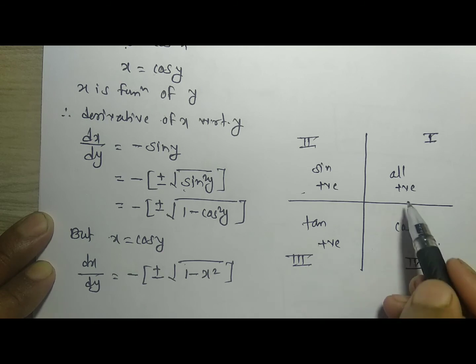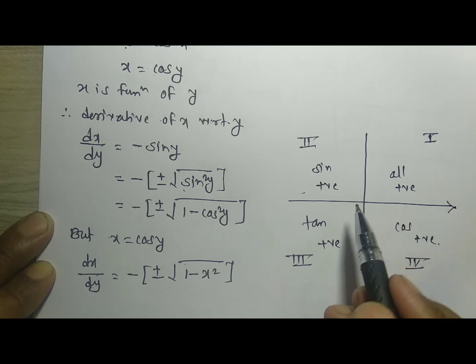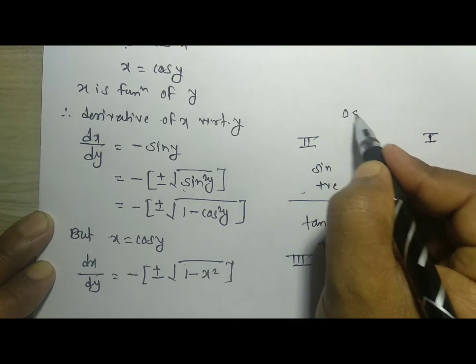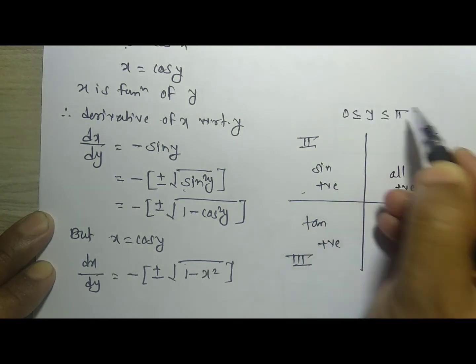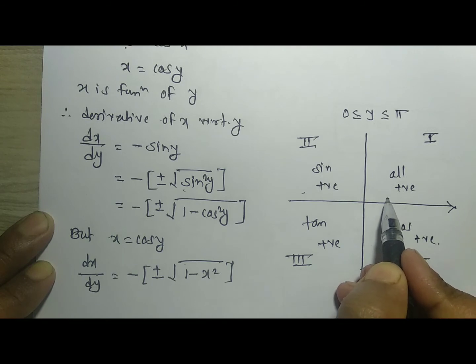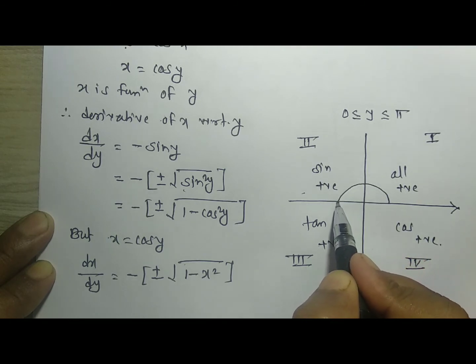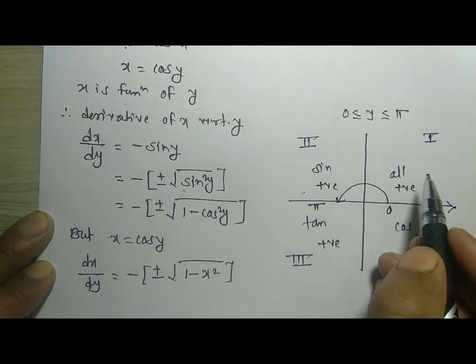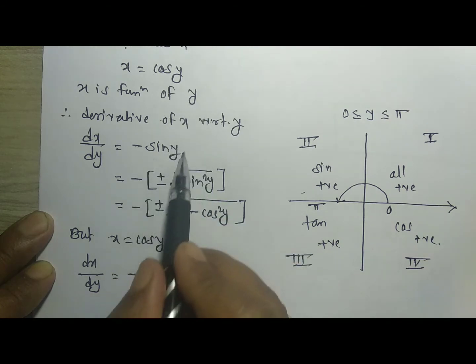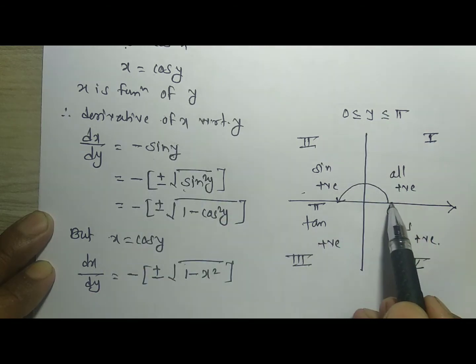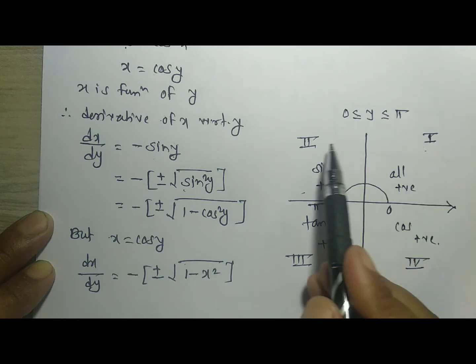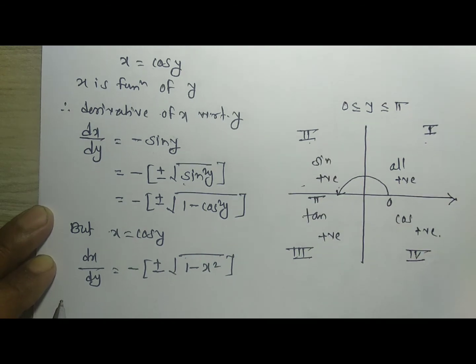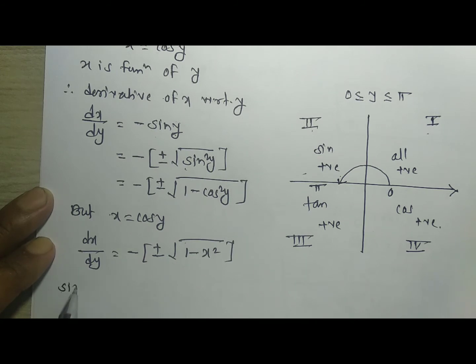Right, now we have to start from the positive x-axis, and we measure the angle for 0 is less than or equal to y is less than or equal to pi. That means you have to move in the anti-clockwise direction. It is taken as positive, and it moves from here to here. That means it is 0 to pi. That means our ratio is the sine ratio, and y lies in between these two quadrants, that means the first quadrant and second quadrant. Therefore we say that sine y is positive for all values in between